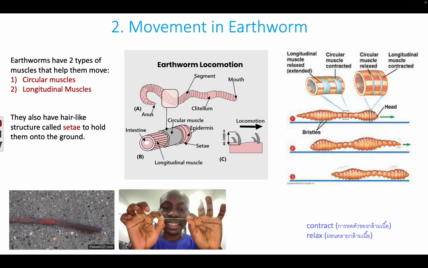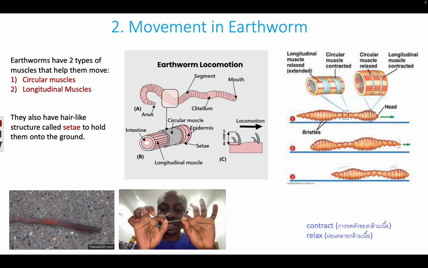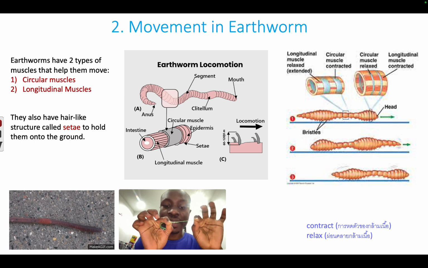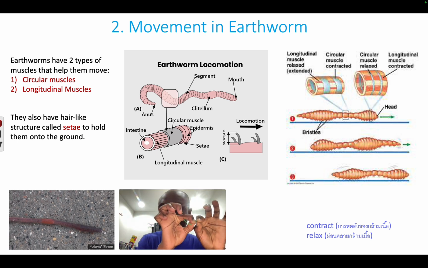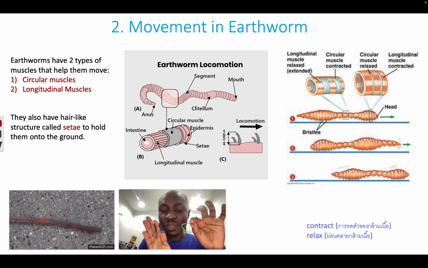And third, the longitudinal muscle will contract too. So the circular muscle contracts and makes this part of the earthworm longer, and the longitudinal muscle will contract to make it shorter. So when they do that, this will move the earthworm a little forward, and this will repeat